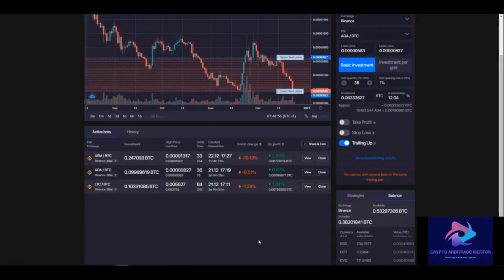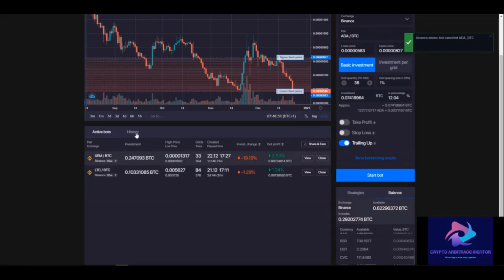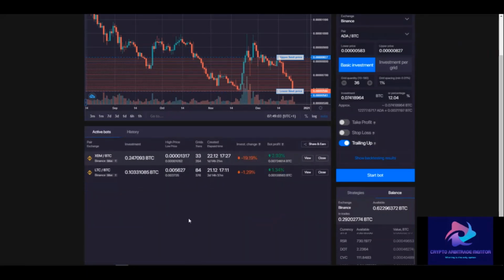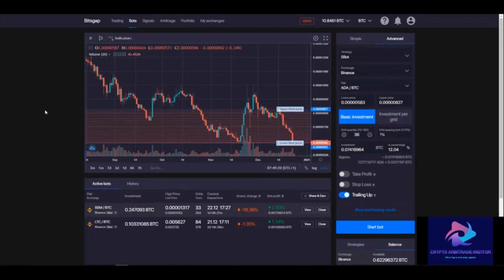Okay, and the bot is going to disappear here. It's going to go to history in a few minutes. And now what happened is that in my balance, I have all the other coins. So maybe in the future, when the other starts again to go up, I can sell in the future. Okay, and we are going to start a new bot, but I think that it will be better to find a bot